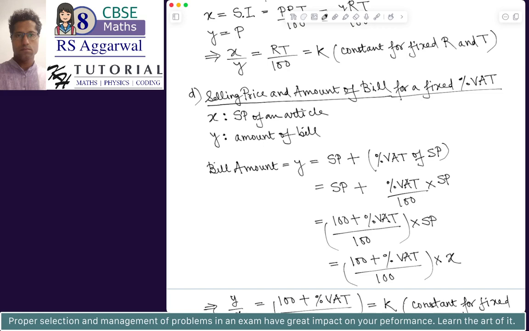Let's say it is percentage VAT. So let's say it could be 12%, it could be 18%, 15%, whatever. It usually depends on the article. So the percentage VAT is fixed. If it is fixed, then we know from the concept of